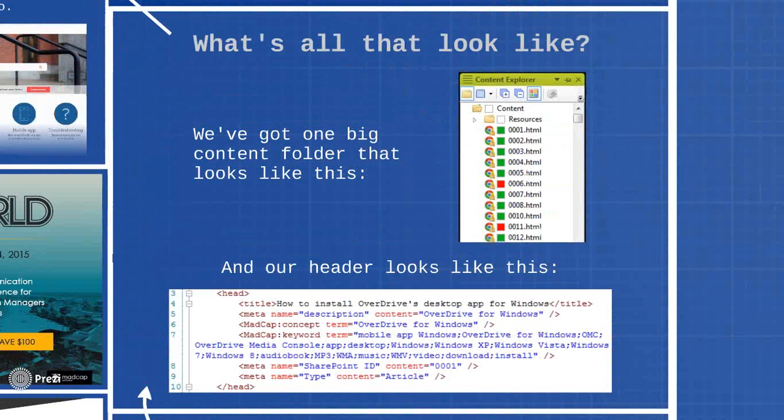And it all works great because Flare is a very, very powerful compiling engine, which is what we're using it for. And when we compile our content, all of this header information lives in the HTML, so that we can access it using our Homebrew tool and do whatever we want with it. So it's just one more powerful thing Flare does to make this all work. It makes our lives easier, and it's much, much easier than just writing HTML pages from scratch, because we have the other features of Flare. We use Flare dropdowns and things like that that all get compiled and published when we hit that publish button in Flare.